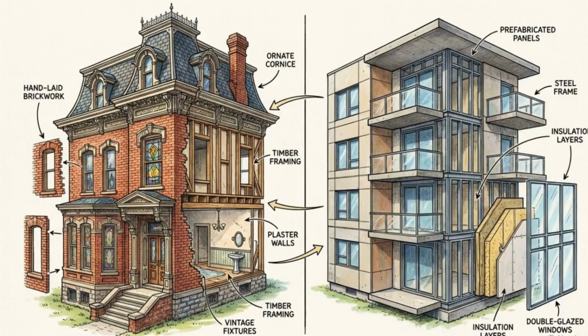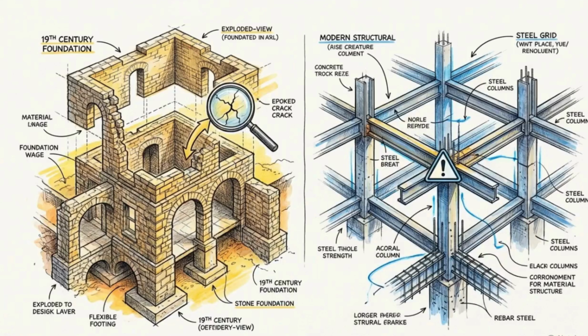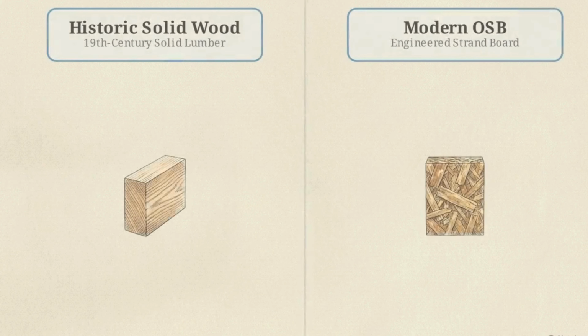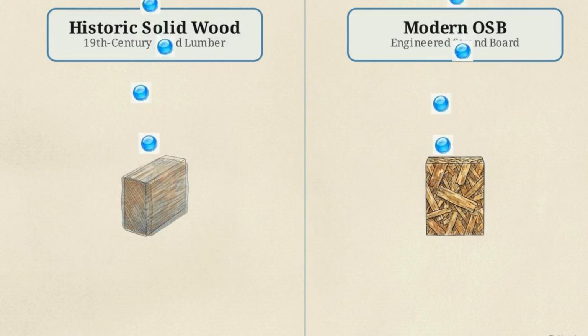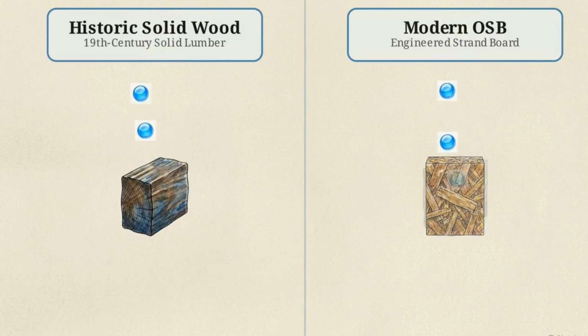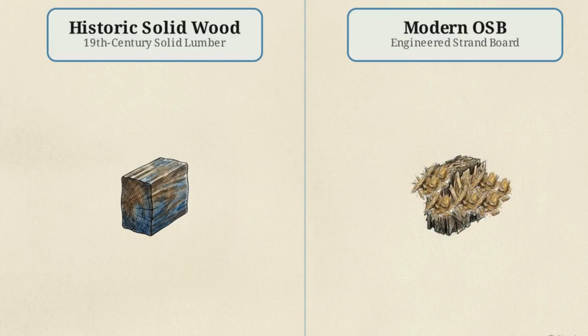Environmental risks like this interact directly with the region's housing stock, requiring you to adjust your mitigation strategy based on whether you are entering a historic core or a modern development. 19th century architecture retains moisture differently, whereas modern engineered materials, like oriented strand board subflooring, possess high porosity and fail